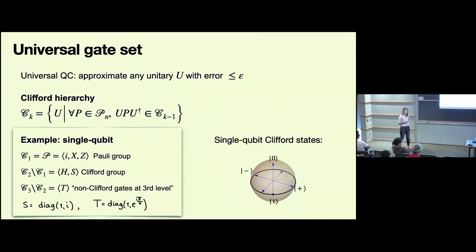Hadamard is just a Fourier transform. And this S matrix is a diagonal matrix with a phase, which is just the square root of Z, basically. We just keep subdividing the phase by 2. And then in the third level of the Clifford hierarchy, we additionally subdivide the phase by 2 when we have this additional phase gate. And now we actually lose the group structure as well. So this hierarchy will appear many times in my talk.